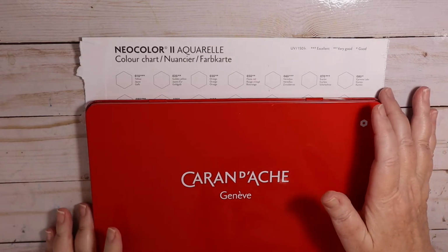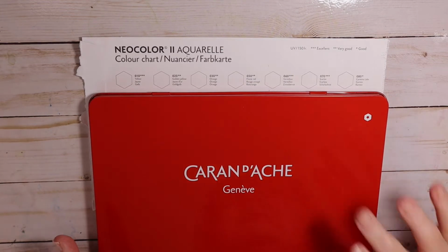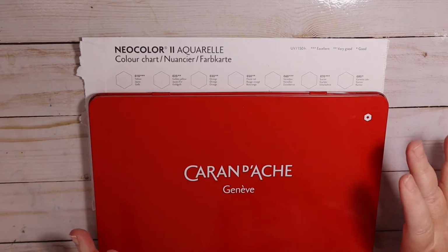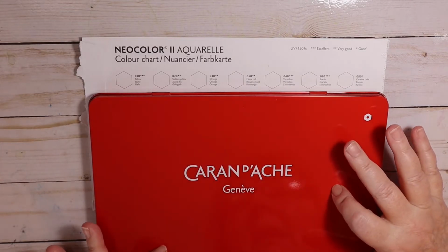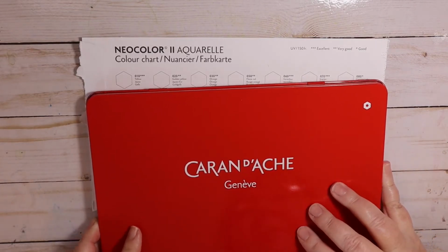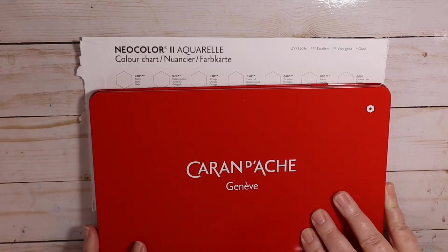I have a new art supply for you. I'm just going to go over them real quick. I'm familiar with this type of material, but I don't have the exact type of material in my collection. I'm going to go over them real quick to let you know